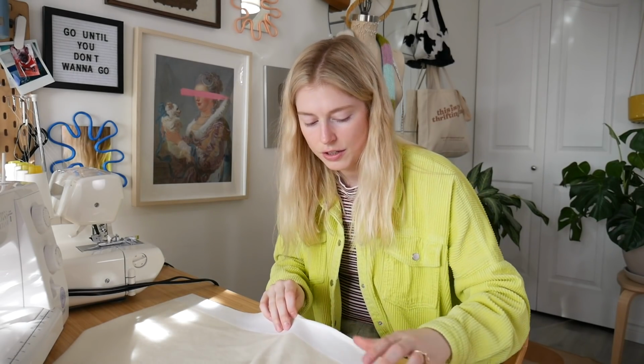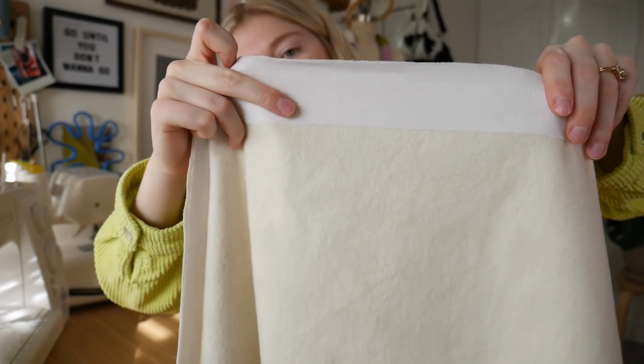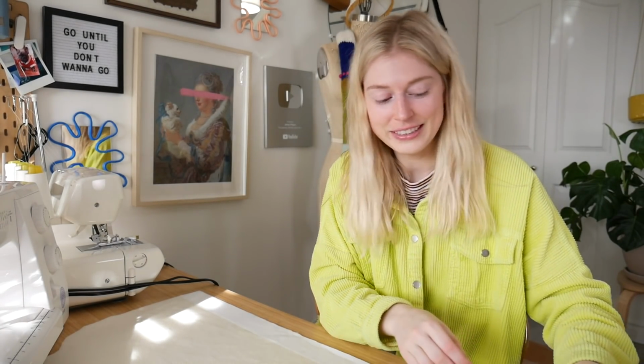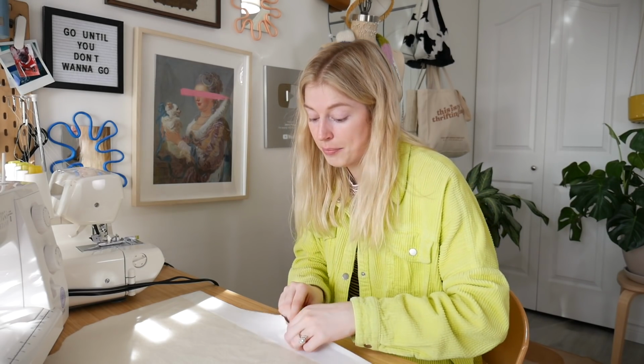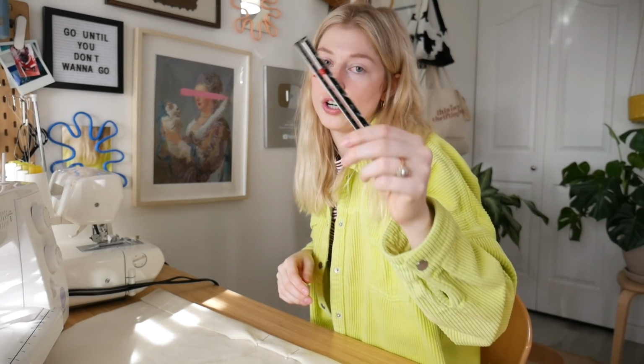I'm assuming we're just folding it all the way over where this piece is. Or at least that's what I'm gonna do. I'm just gonna wing it. I'm just gonna fold it a little bit and then a big bit. You know what, Jenna? We're gonna get fancy and we're gonna use our